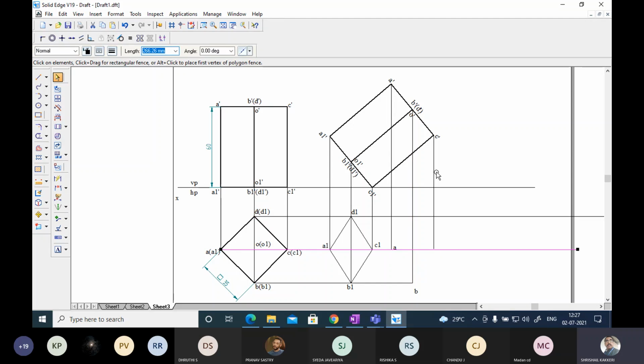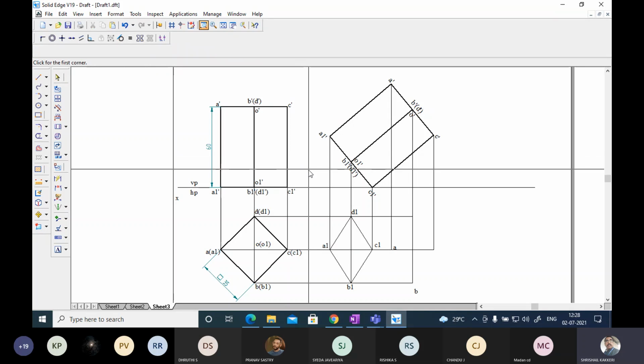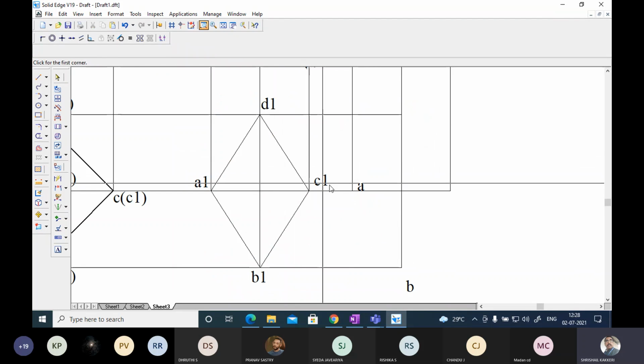From C and from C, this is the line. Okay, this portion I am going to remove. This is C. And similarly from D to D, you can see here, it is this point. Now I am going to remove this. This is point D. Okay, A, B, C, D. Now, let me keep them neatly.